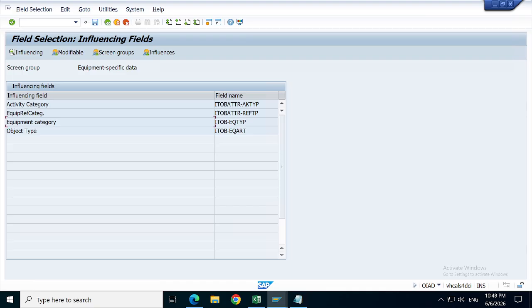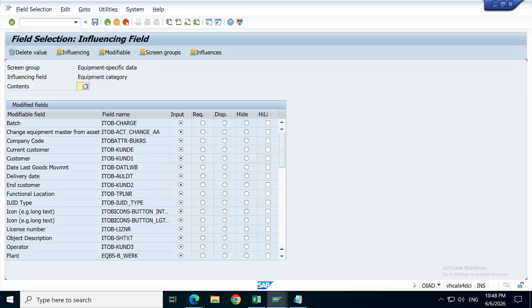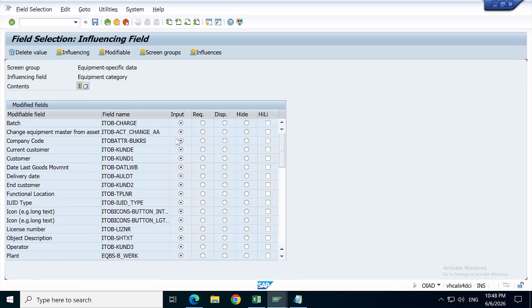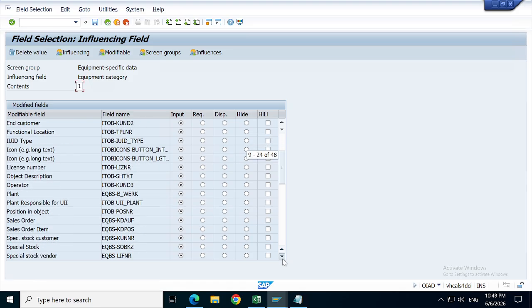Okay, I want equipment category. Based on the equipment category, what is the equipment category? Our equipment category is 1, right? So equipment category 1, we can select one, select, and for 1, what is the mandatory one? Let's scroll down. I want to make,